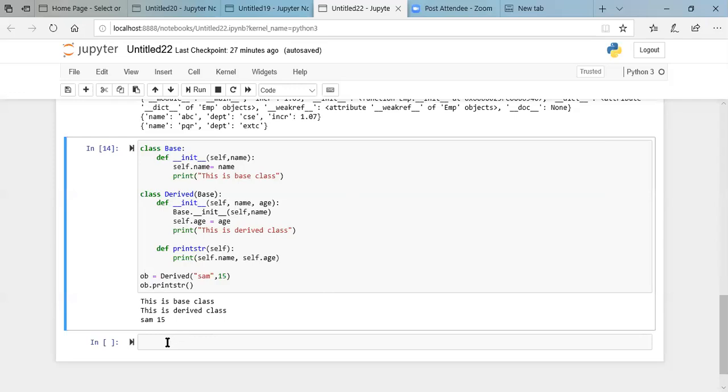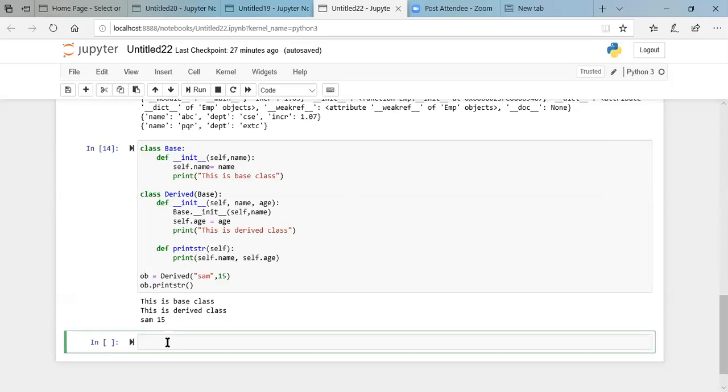Then after this, the second type of inheritance is multi-level that we'll see. Multi-level is like, let's say you have a grandfather, you have a father, and then you, okay? So whatever are the features of your grandfather, some of the features are available in your father. And whatever are the features available in your father, those features are available with you. Okay, so it's like multi-level. You're having more than one levels.